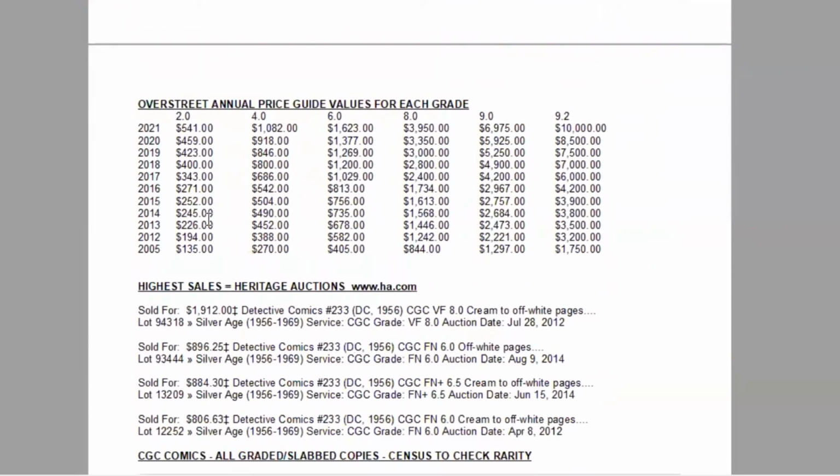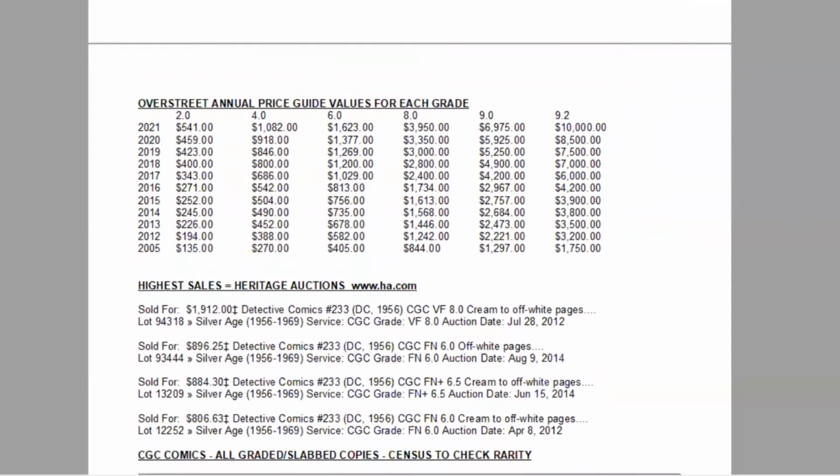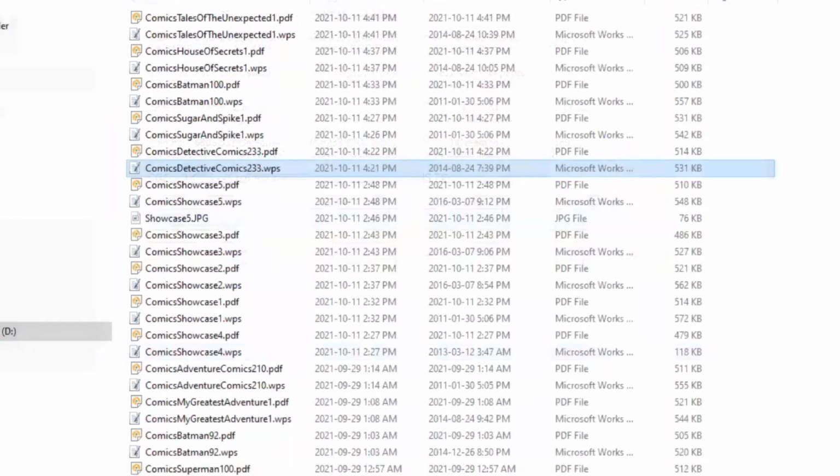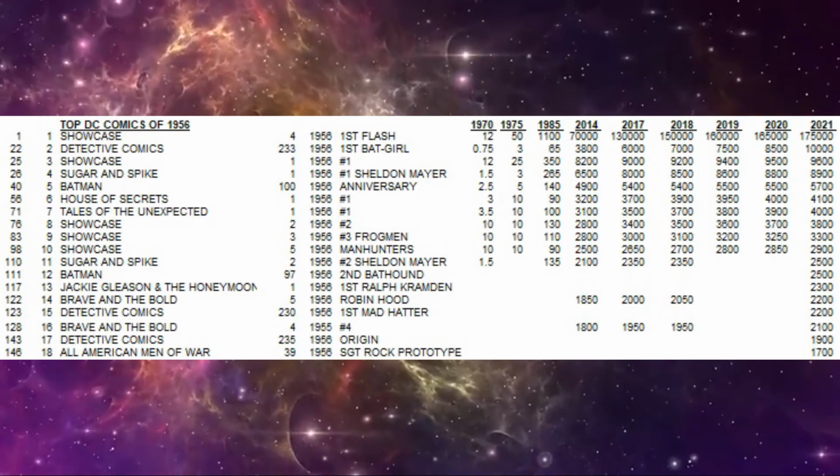Overstreet Price Guide has huge growth on this book in the last years. Demand is really growing for this. You can see that in the last 15 years, the book has gone up almost 4 times, and in high grade raw, it's gone up over 5 times in price. This book is really leaping year by year at this point. And on the census, the highest are 2 copies graded at 9.0,